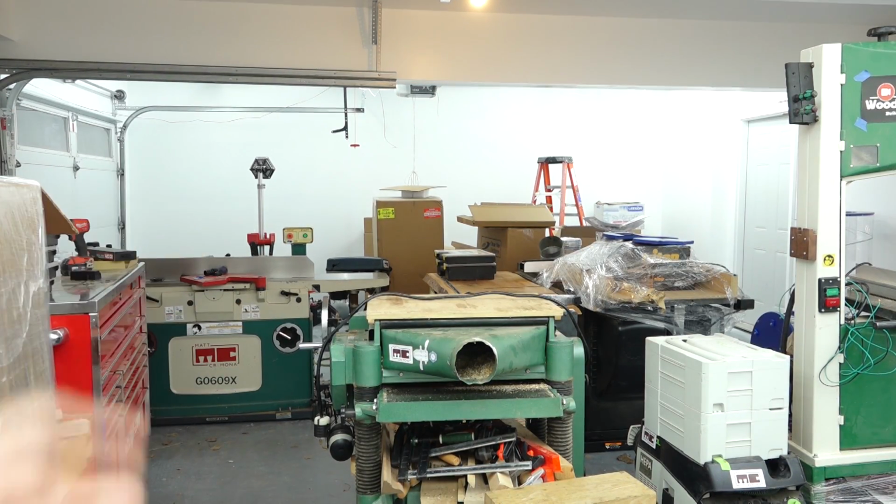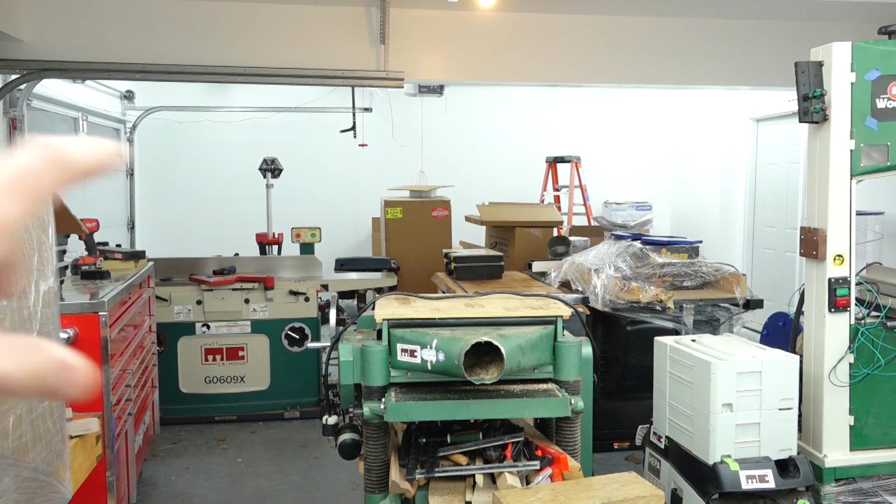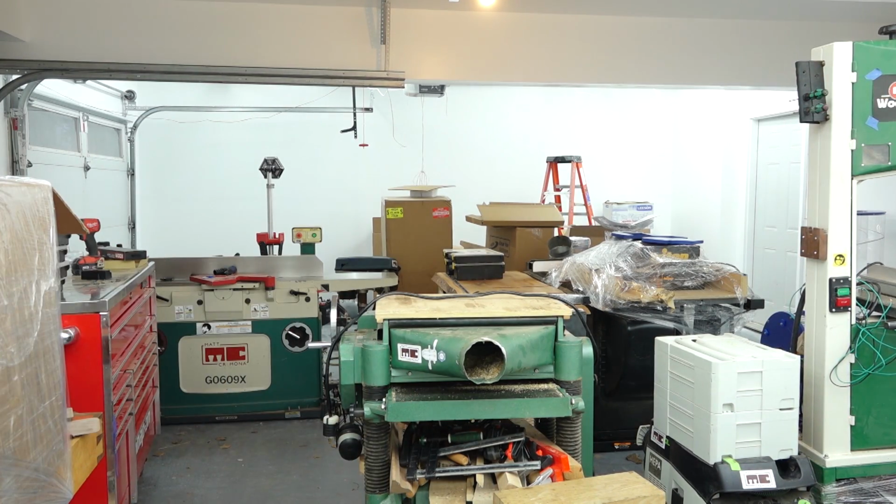So spinning around from the other angle, the shop layout is exactly the same, but now I have this third bay over there, so I can go that way a little bit. I'm planning to make that third bay area more of a miniature metal shop. So the Bridgeport will go over there, the metal cutting bandsaw and probably this toolbox will go over there too to get those out of the way a little bit. And that'll give me some more general open space, which I definitely was lacking in the other